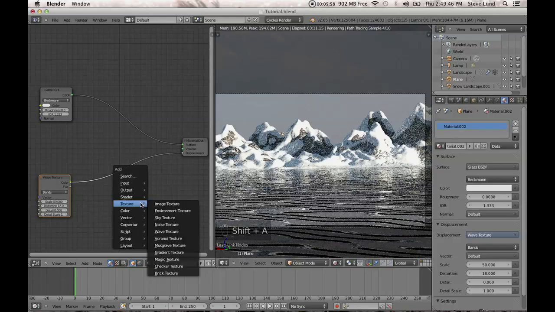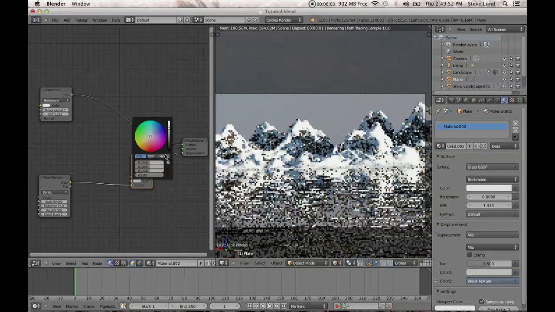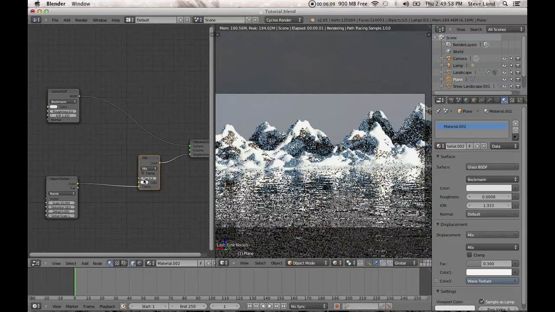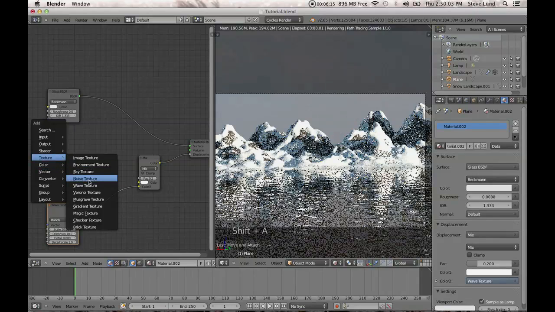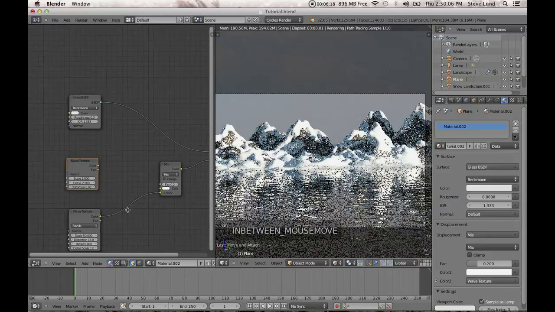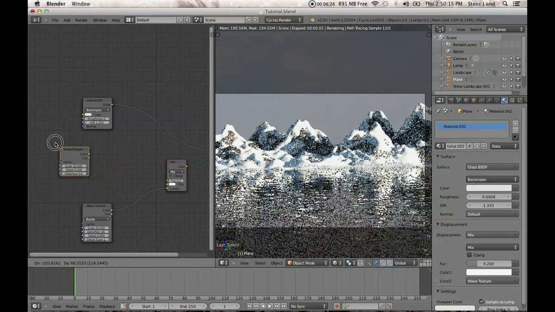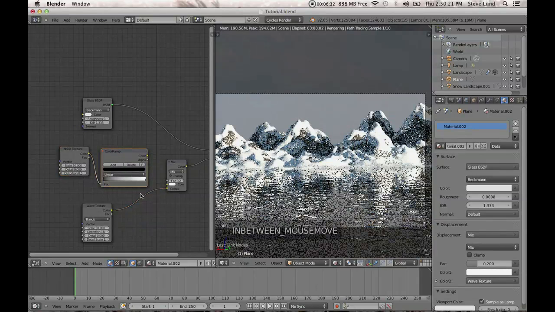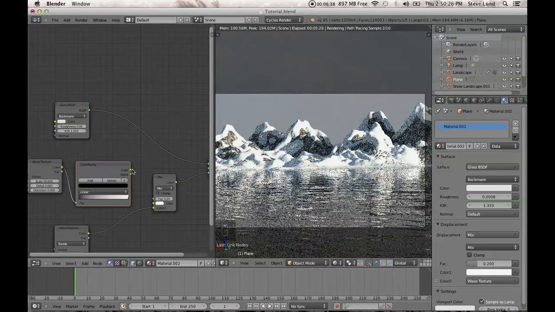That's looking okay. Why don't we add a mix node in there? Hook that up at the bottom. Make that completely white, and we can turn that down a little bit. What I also found looked good is when I added another texture, this one a noise texture, and you can again turn the detail off on this and turn the scale up to about 50. And a noise texture and a color ramp, and hook those up. And then we'll use this as a factor for the mix here,